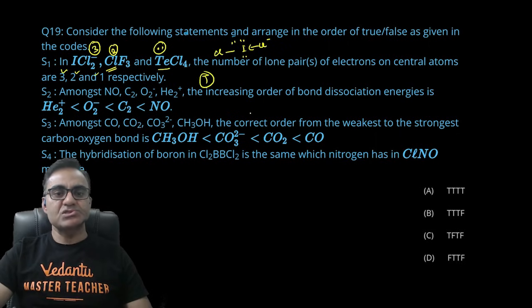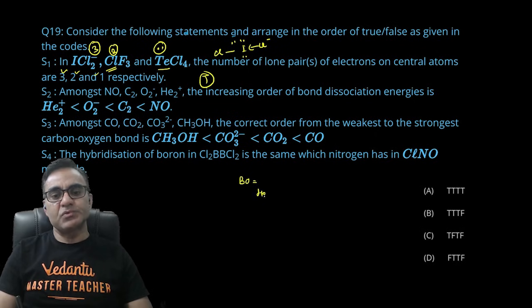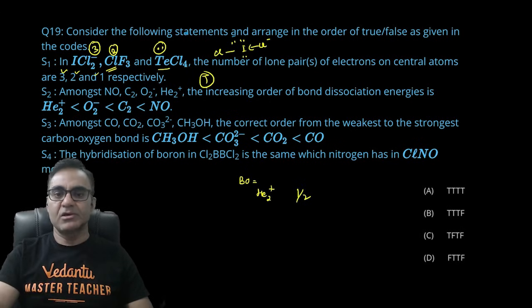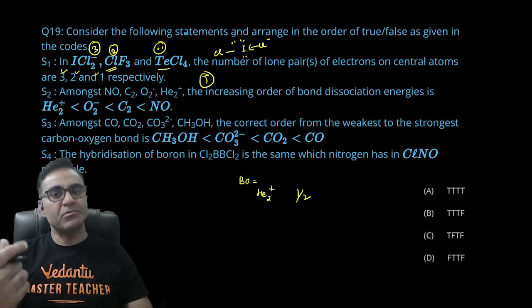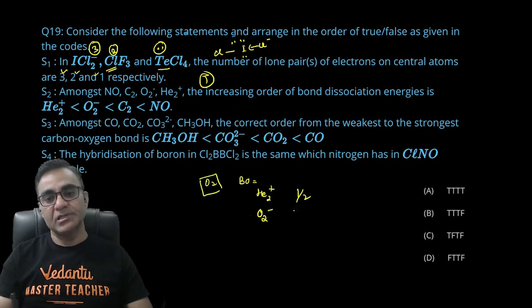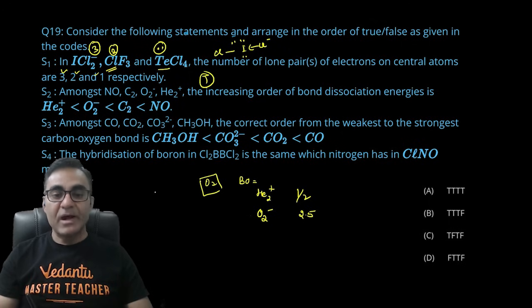नेक्स्ट वन इज अमंग CO, C2, O2 माइनस, He2 प्लस, इन्क्रीजिंग बॉन्ड डिसोसिएशन एनर्जी इज। देखो इन सभी का हमको बॉन्ड ऑर्डर निकालना पड़ेगा। लाइक He2 प्लस का बॉन्ड ऑर्डर होता है 1/2। He2 में तो 0 होता है क्योंकि 2 इलेक्ट्रॉन बॉन्डिंग में, 2 एंटी बॉन्डिंग में, टोटल 4 इलेक्ट्रॉन। जब आप एक इलेक्ट्रॉन निकाल दोगे एंटी बॉन्डिंग से, तो एंटी बॉन्डिंग में एक ही रह जाएगा, तो (2 - 1)/2 यानी हाफ हो गया बॉन्ड ऑर्डर, राइट। O2 का बॉन्ड ऑर्डर 2 होता है, अगर आपने एक इलेक्ट्रॉन एंटी बॉन्डिंग से निकाल दिया तो इसका बॉन्ड ऑर्डर बढ़ जाएगा, इट बिकम्स 2.5।